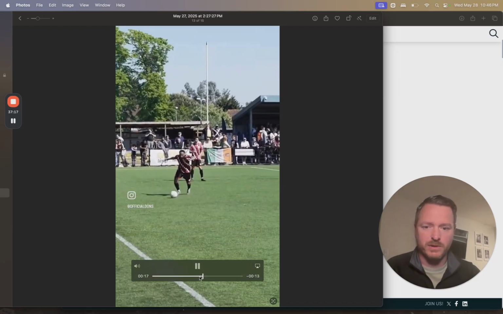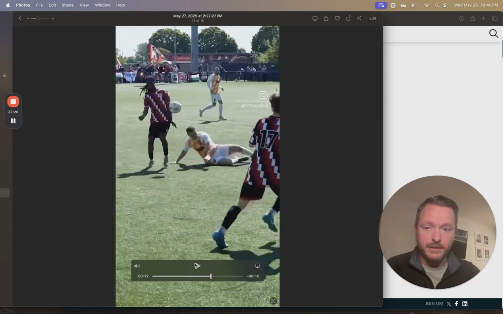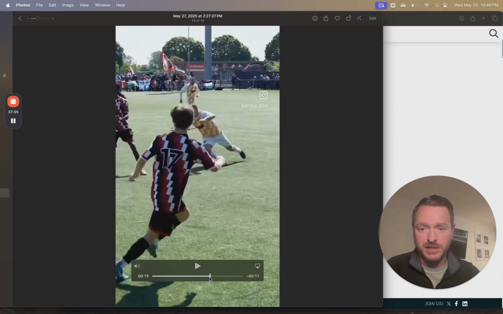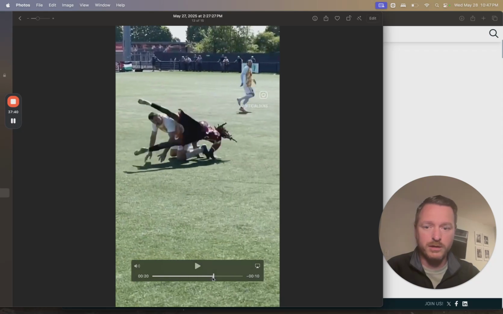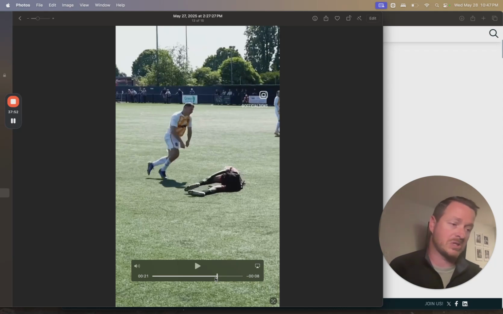Now, you see that the white player has slipped, right? And the other player, I don't want to guess as to what that jersey color is, but the darker jersey chests the ball down, and then he kind of turns around and tries to run. And this is one of those things of getting in the way versus being in the way. Two very different things. And this one here is going to tell you everything you need to know about it. White is slipped. He's trying to get back up. The attacker turns, and he's just there. There's nothing there. It's just a